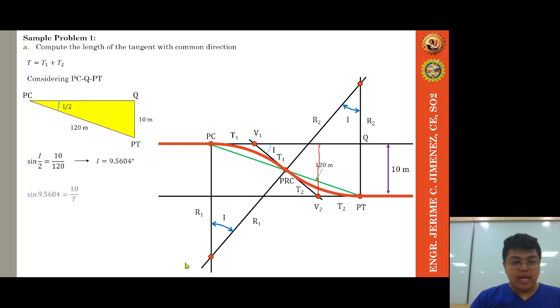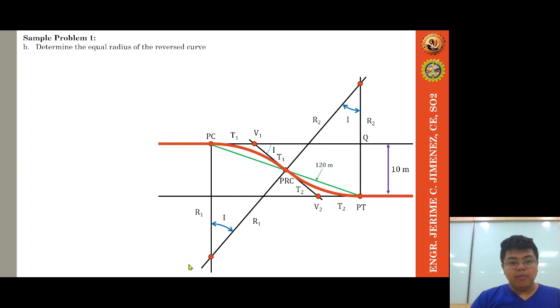So we have sine I, or which is sine 9.5604 is equal to 10 over the common tangent. Okay? So by cross multiplication, we have 10 divided by sine 9.5604. We can now compute for the value of the common tangent as 60.2093 meters. Okay? So that is the answer for problem 1A. Problem 1B,